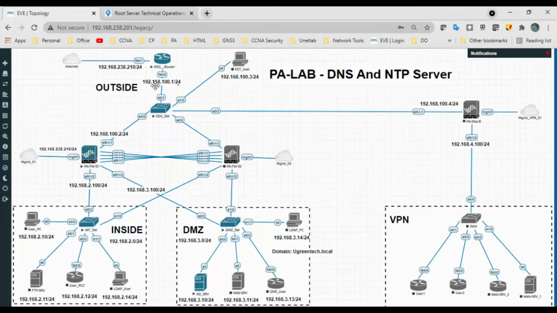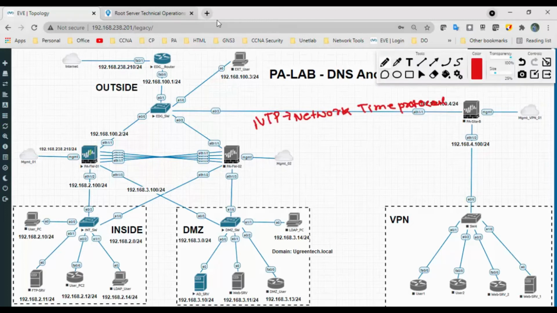NTP stands for Network Time Protocol. Basically, NTP allows internet devices to synchronize clocks with a central reference clock. NTP is very important for network devices like routers, switches, and firewalls, to make sure logging information and timestamps have accurate time and date.